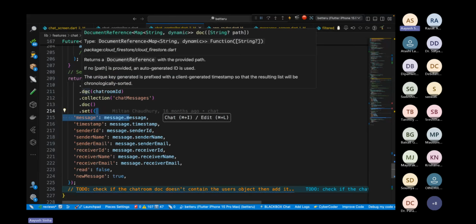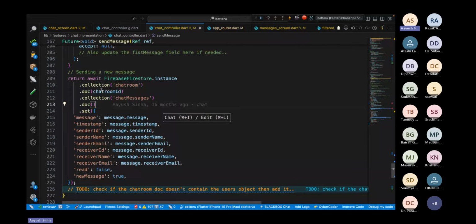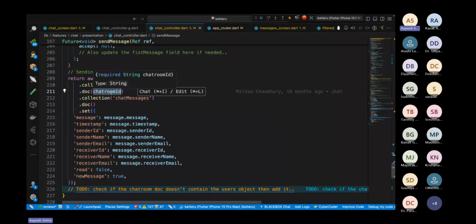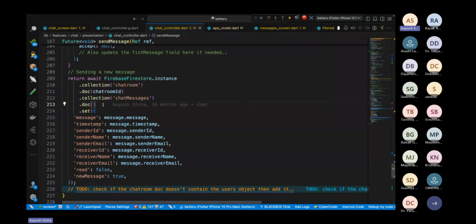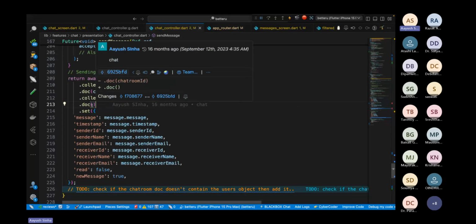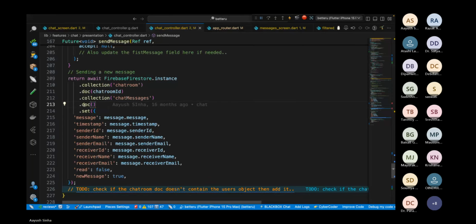Here, if you see document, when we created the chat room we were providing our own generated id. But here we don't need any separate usages of a custom document ID. So we are just auto generating that document ID by not providing the ID over here. And then